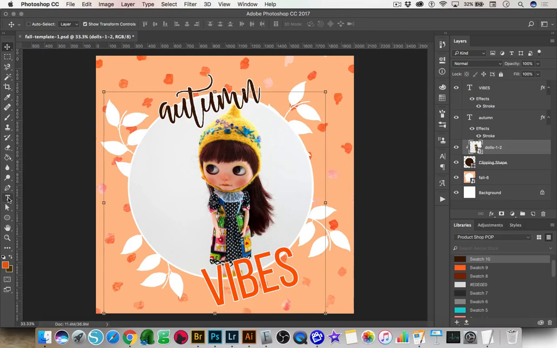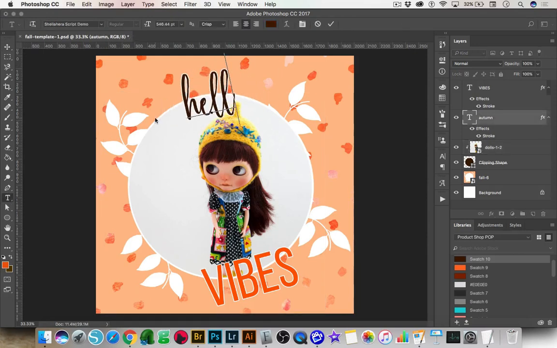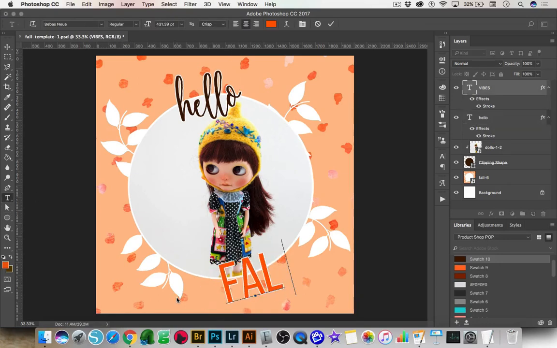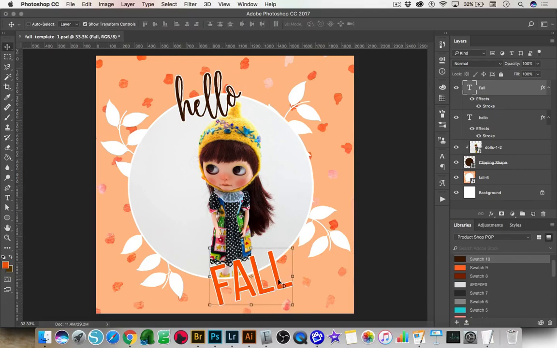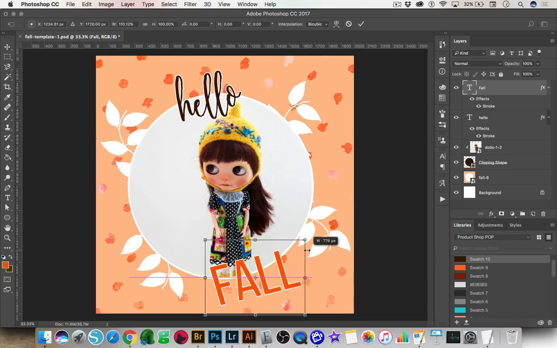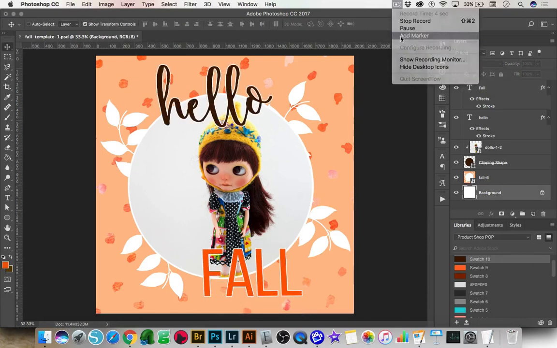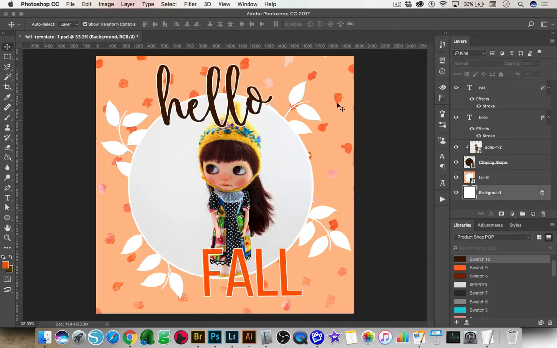If you need to change the text, you just go to your type tool. And you can move these around, and you can resize them and change them however you want. So it's a template that you make that you can change over and over again. So after you have your text on there just the way you want it, and you have your image on there just the way you want it, and you've saved the template, what we can do is we can go